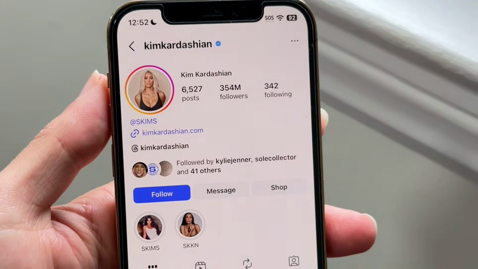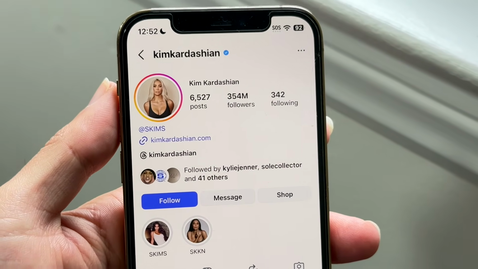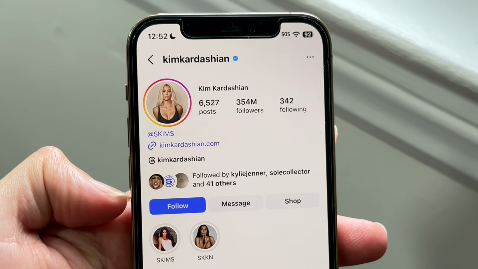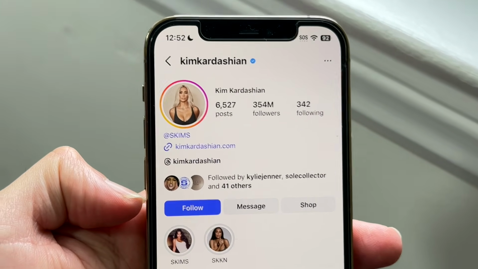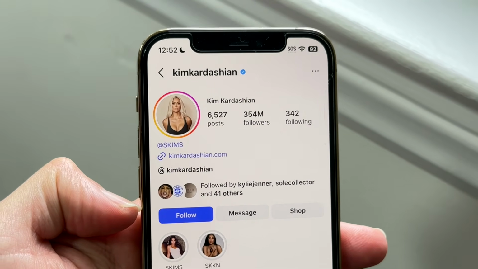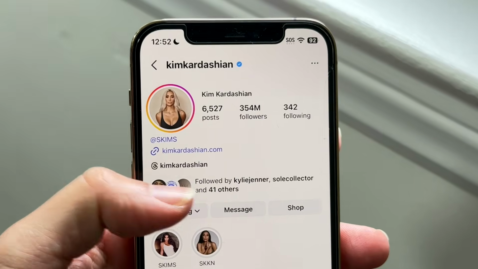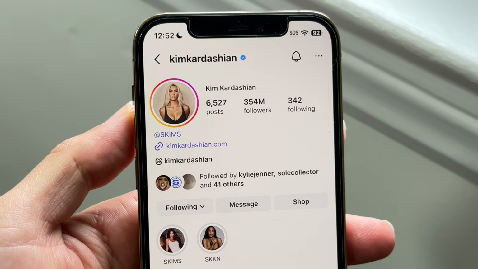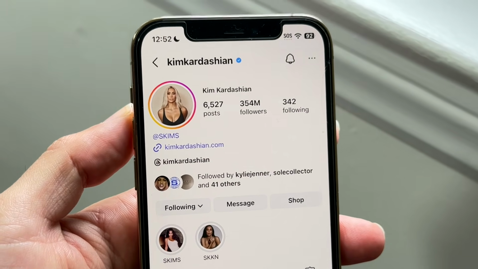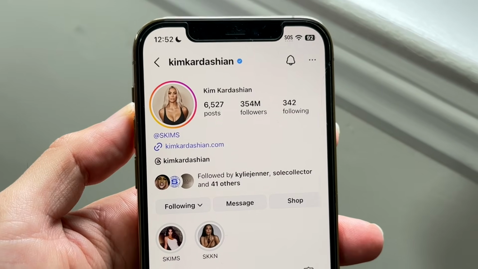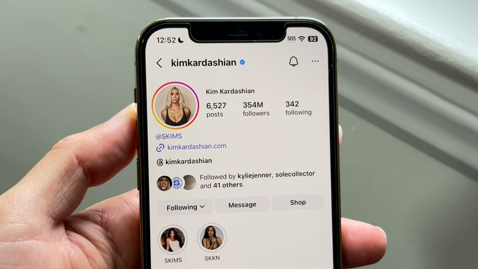You can see right there, I already follow this particular person, but if I unfollow them, that follow button may not work right on time. So you can try unfollowing them and following them again, or continue to try tapping that follow button, and sometimes it might randomly work. A big reason why that follow button randomly just doesn't work is typically because of your